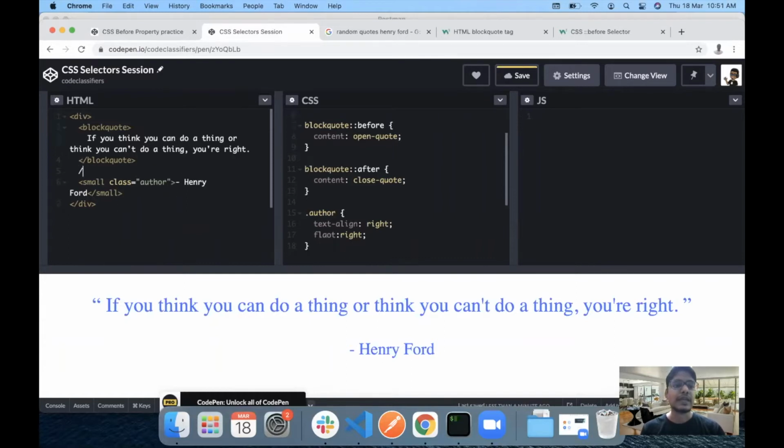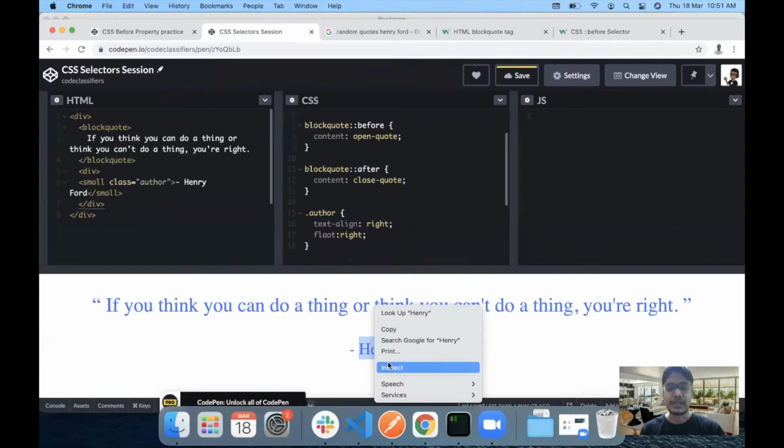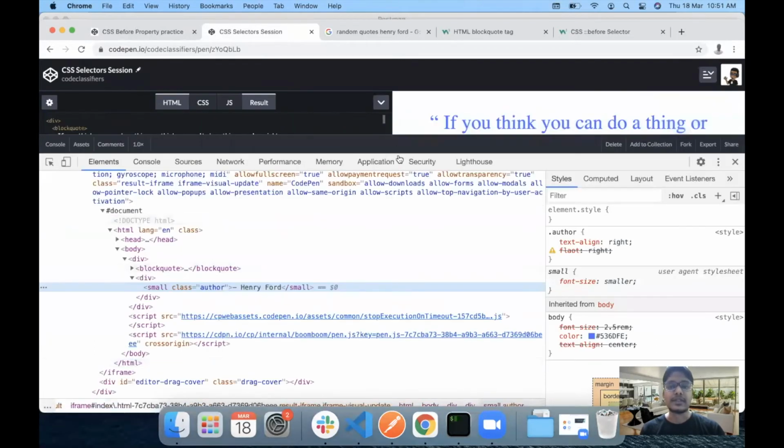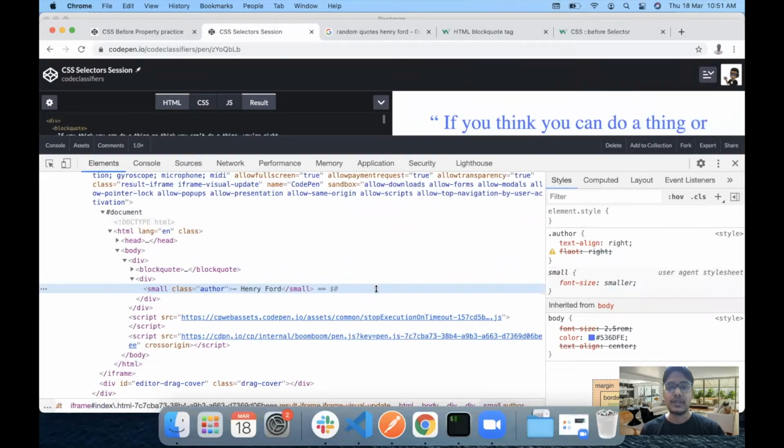Great. So we will add a div here. Now we have a div, and let's just inspect and check. If something doesn't work, it's better to inspect and check what is going wrong.